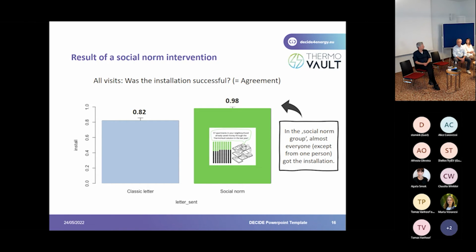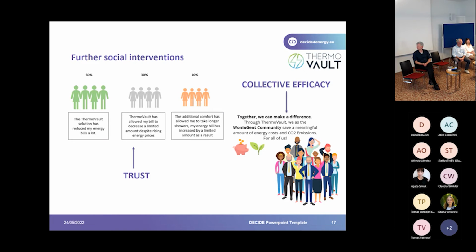So this is the thing we did concretely, and we have updated our letters ever since towards the new social housing companies, and we see this increase repeating itself. There was a test for more or less 250 households, and that was the sample size. We are now trying this again with a different group of, I think, 900 households in Ghent, where we are